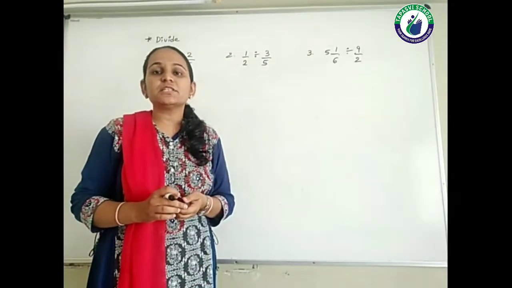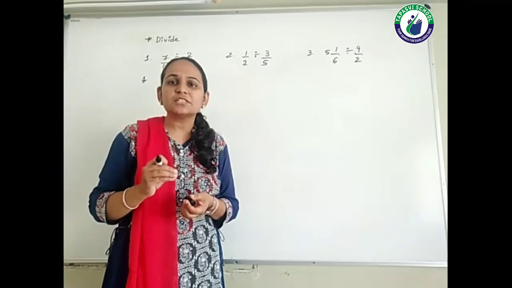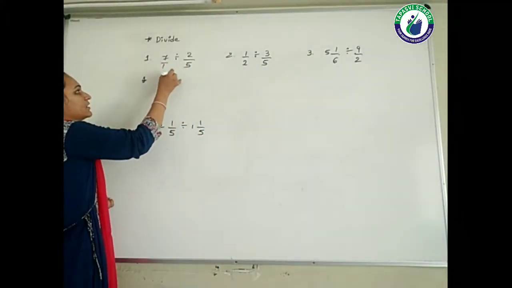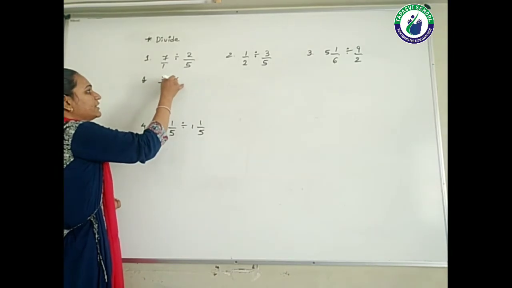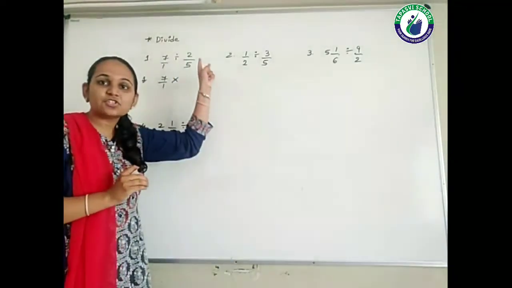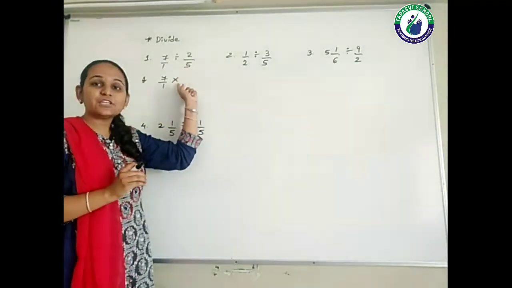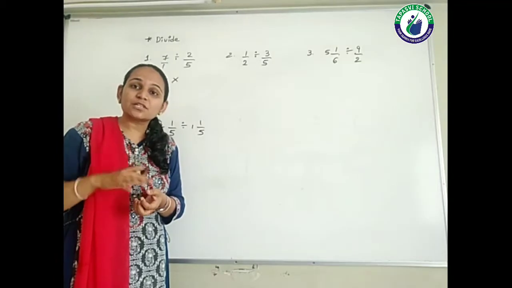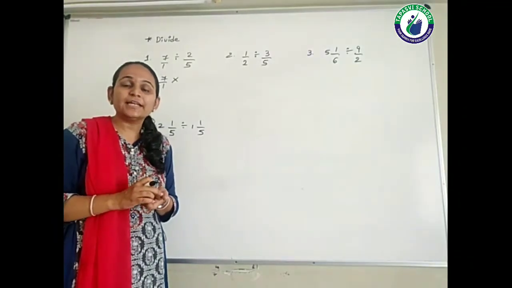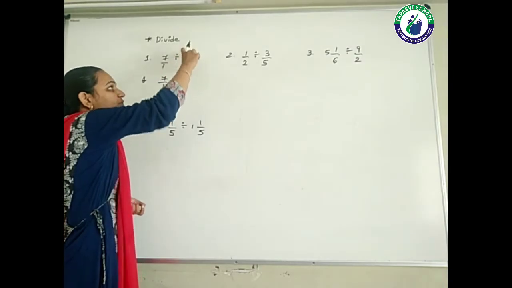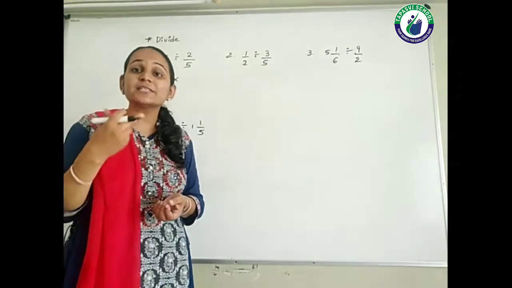Now generally, students, if there is a division sign, first we need to do one step, that is this division sign, students, convert into multiplication sign. Now if you are changing the division sign into multiplication sign, you need to show some effect. आपको उसका कुछ effect दिखाना पड़ेगा, right? So what is that effect? You need to do the reciprocal of this fraction. ये जो 2 by 5 है उसका reciprocal करना है.